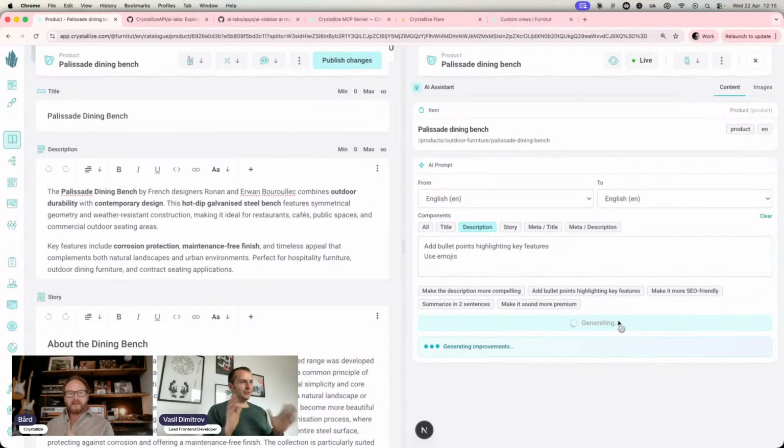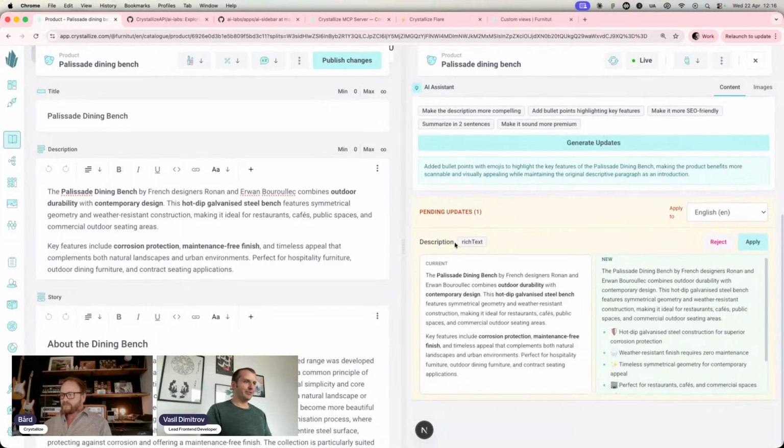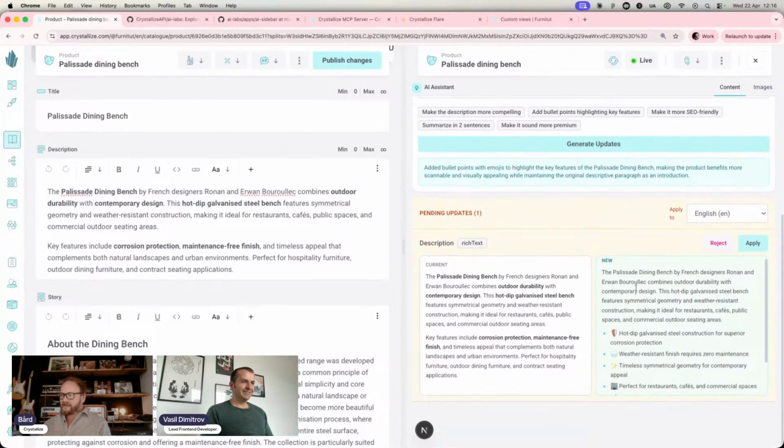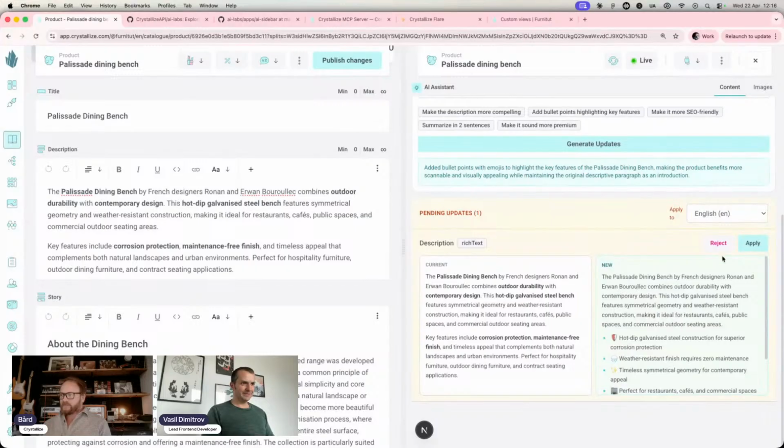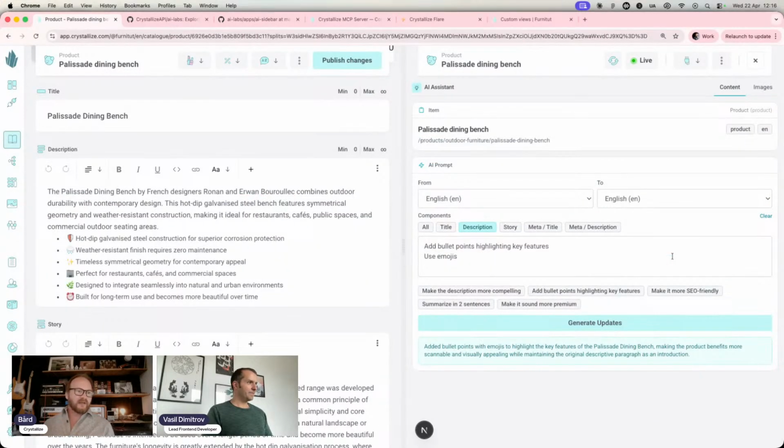Kind of wanted to say that in the view, we're going to see what we have currently on the left and what's new on the right. Yeah, over there. Exactly. So it's cool stuff, right? So it's just to get some AI into your workflow, and of course this is one example,